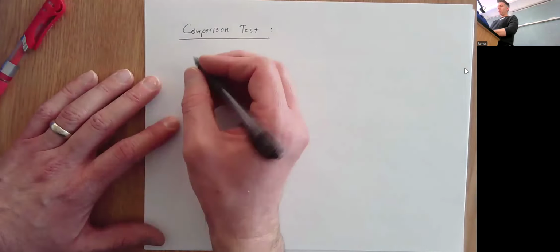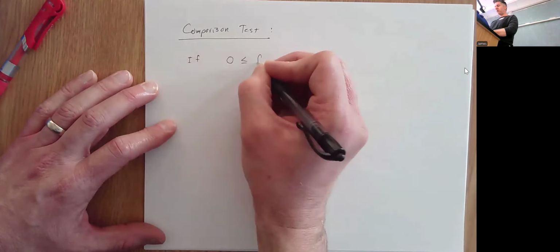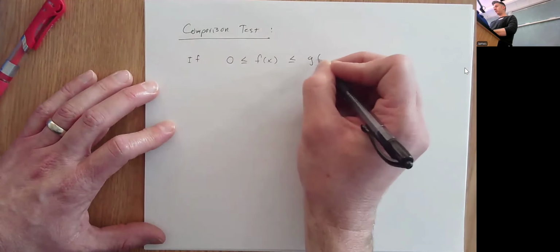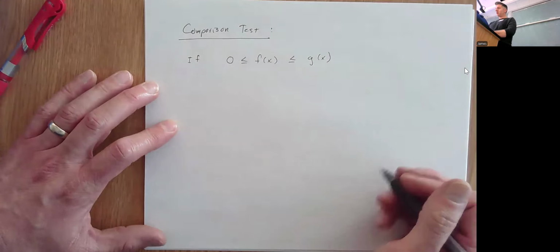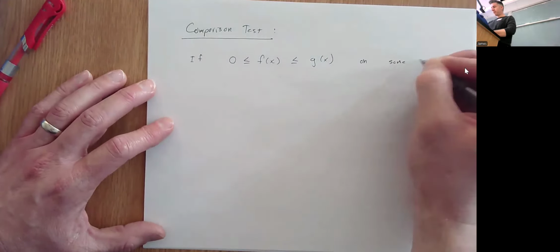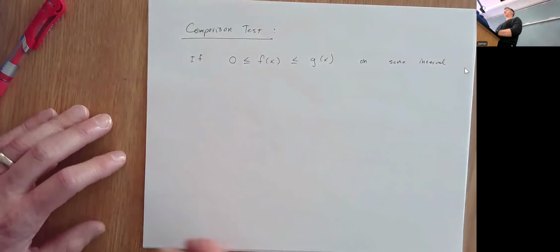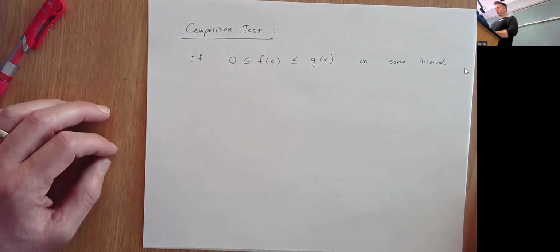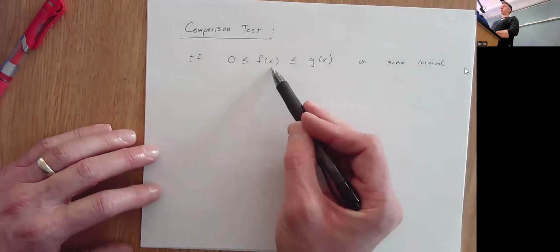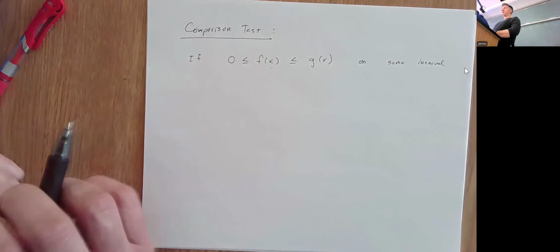So if you have a function f of x that's always positive, and f of x is always less than or equal to another function g of x on some interval. It might be from a to infinity, it might be from a to b, whatever. So what we're really saying is that g of x is bigger than f of x, and f of x is smaller than g of x. So there's two things we can say here. Thing one,